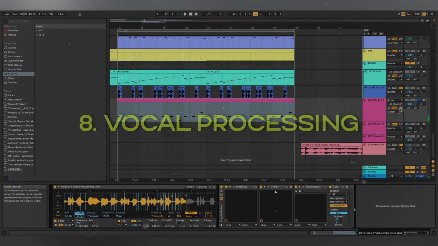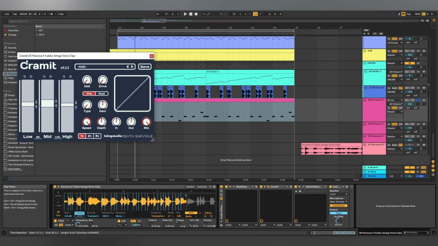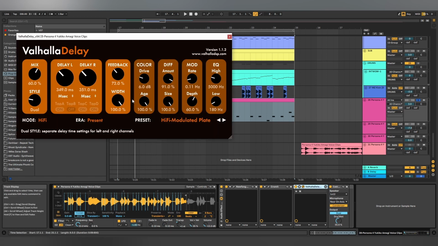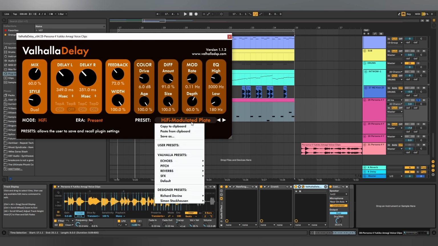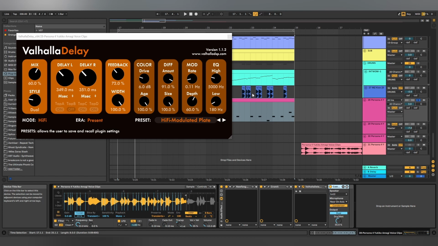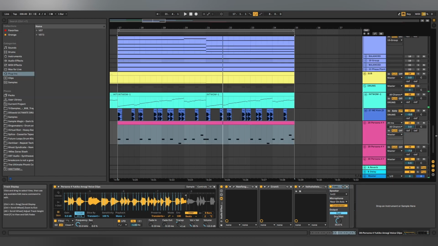You can add some saturation, some kind of a compression, which is just Kramer, which is a really strong compressor that you can use on your vocals. Then some Valhalla delay, but I use it for reverb, Hi-Fi Modulated Plate preset in the reverb section. And we have just a cabinet to add more warmth to the vocals. And in the mix,